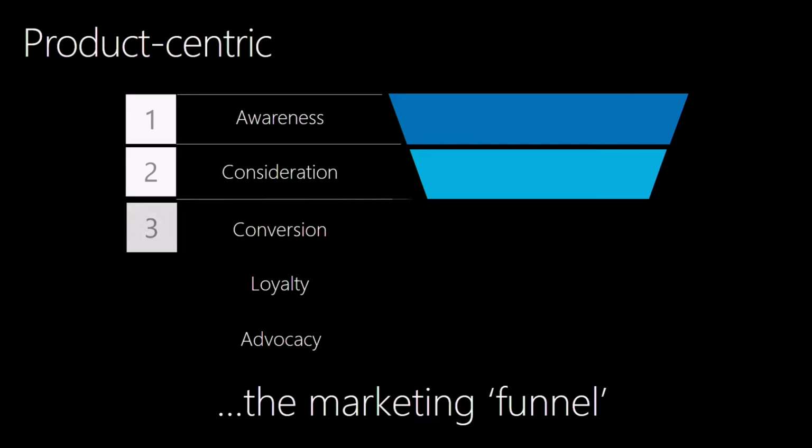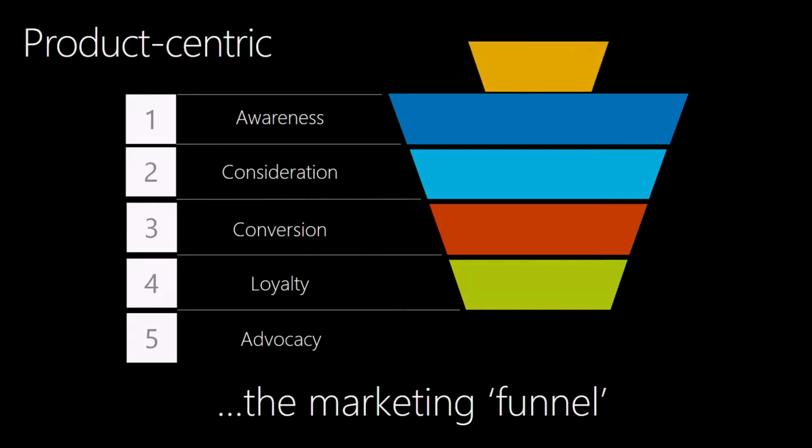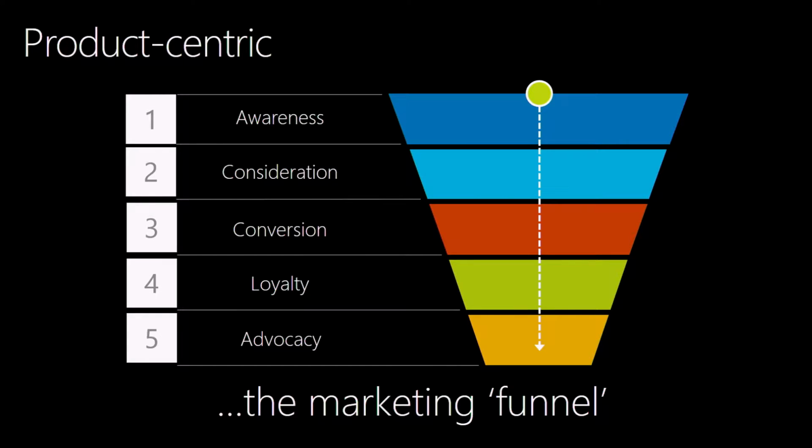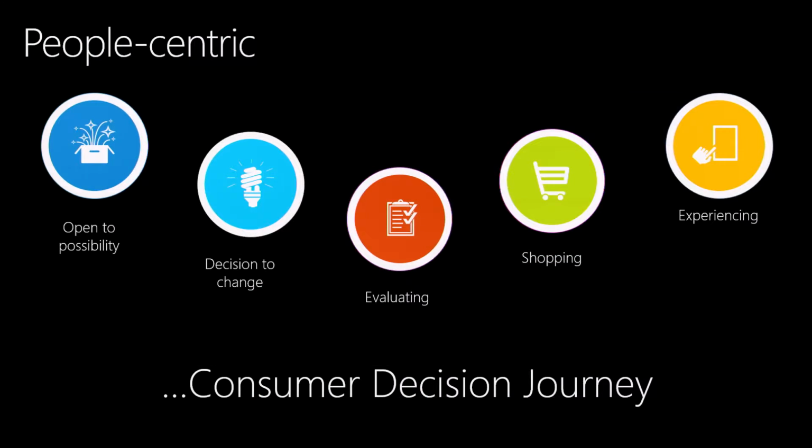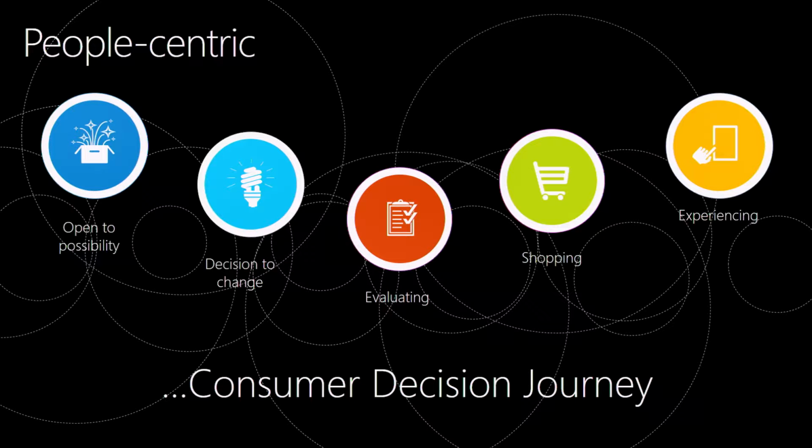We also did a lot of research in the space here on what this should look like. So we did a basically blind test, a lot of research in the space, and we found most companies have this kind of marketing funnel when they're analyzing themselves, sales funnel. Our research showed that there were 5 distinct stages to the consumer buying cycle as we went through that. Open to possibility, decision to change, evaluating, and this wasn't linear. And you might skip a step and you might move forward.